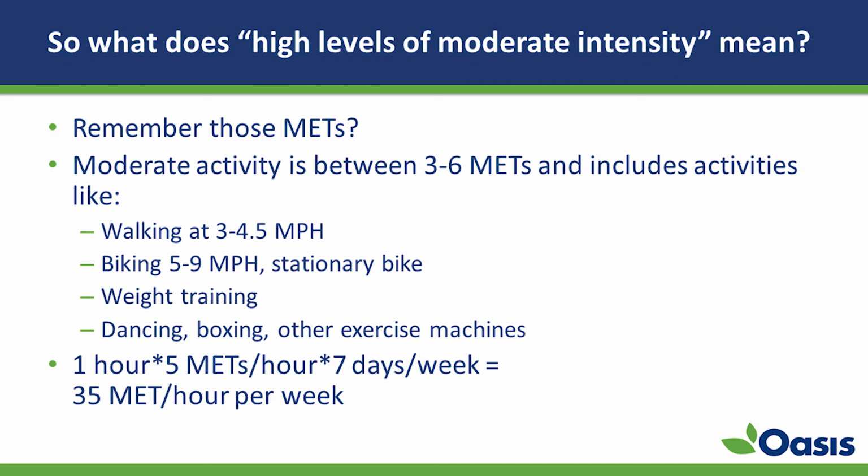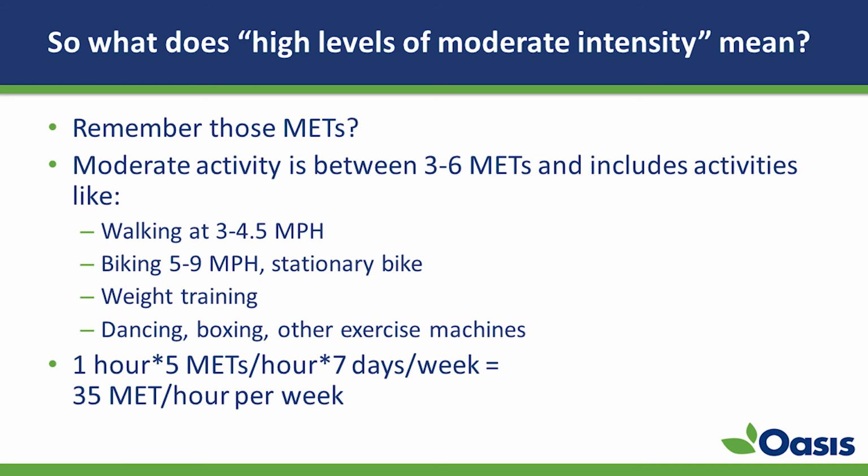But here are some examples of what moderate intensity means for people. Walking, and if you've used a treadmill, between 3 and 4.5 miles per hour. 4.5 miles per hour feels like a light jog to me, but if you've got longer legs, maybe it's still just a very brisk walk. Biking, using a stationary bike, weight training, using other exercise machines, a swimming aerobics class, whatever, that's probably a moderate